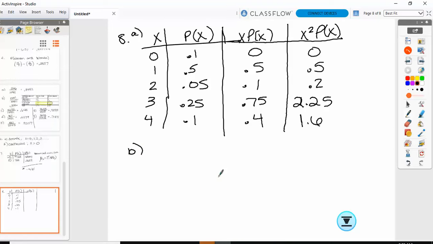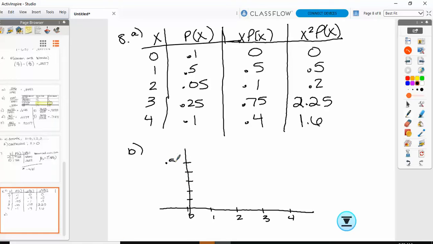So then I asked you to graph it. I left it fairly open-ended. There are different ways you could draw this graph. I'm just going to keep it nice and simple. So my probabilities would go on my y-axis, and my x's are going to go down here. My highest probability is 0.5